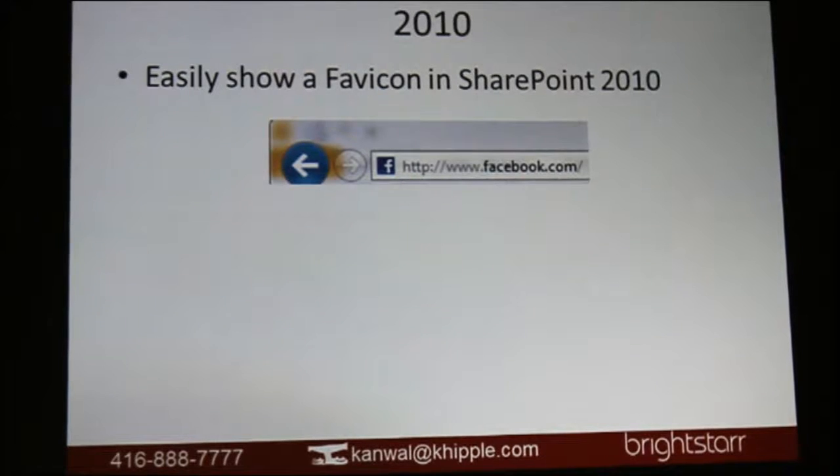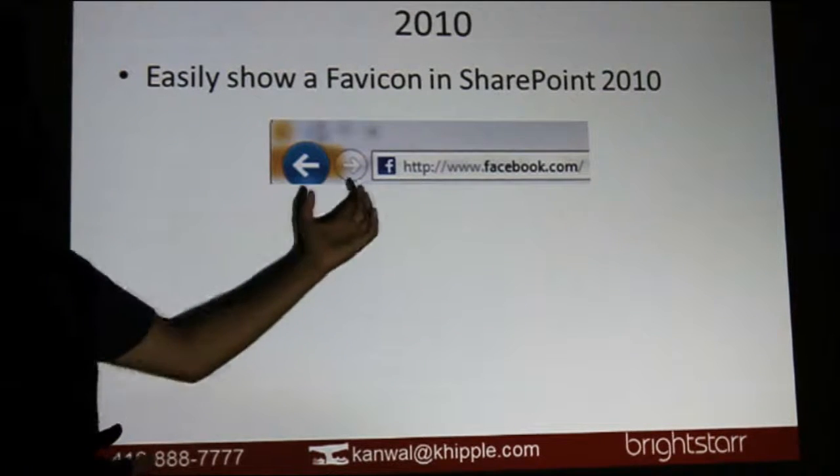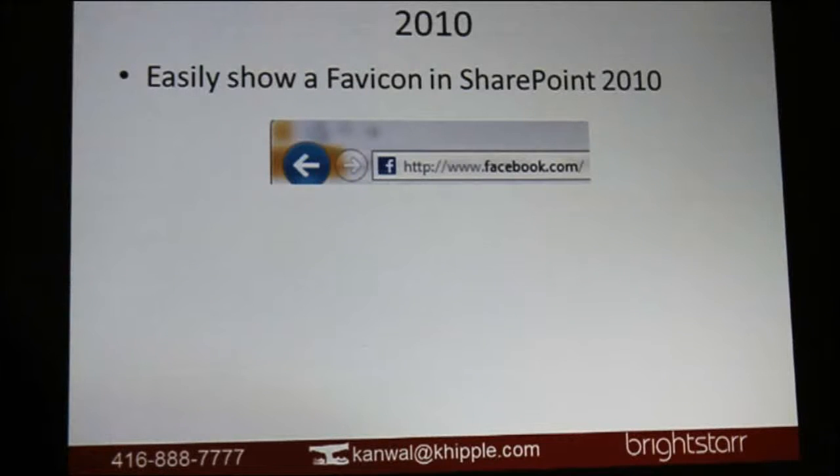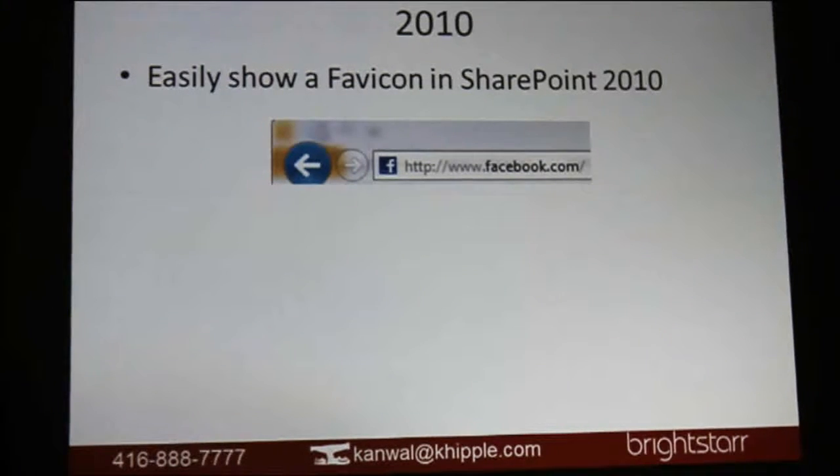Another one is the favicon. It means something to a few people, and means a lot to your users. So if your company has a logo, feel free to use it within your master